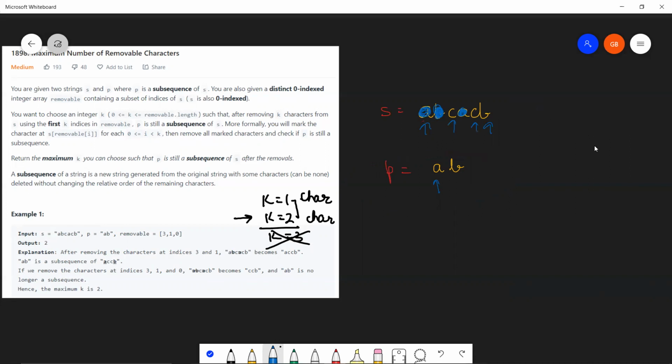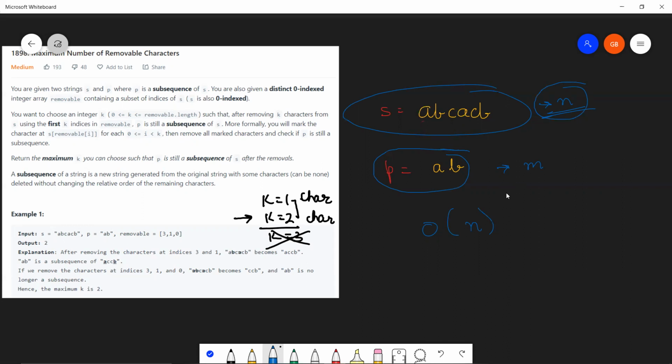So this simple linear loop will be capable of finding whether p is a subsequence of s, right? I say linear why? Because let's say that s is of length n and p is of length m. So your complexity will be O of n, because s is the string with the greater size, right? You're trying to prove that P is a subsequence of S. Definitely S will have a greater size, and hence O of n, right?